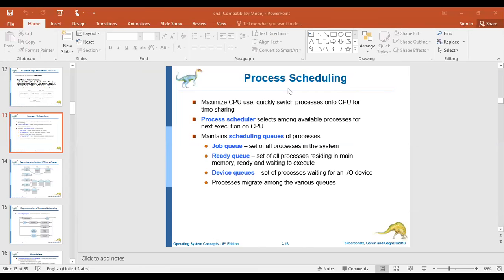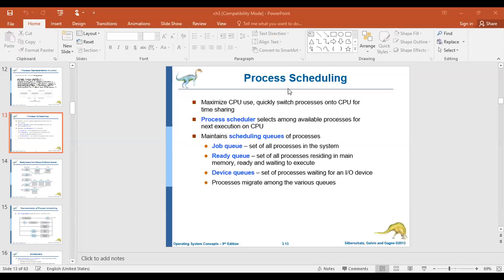Okay, so the objective of all these scheduling algorithms, or this scheduling process, is to make our CPU as busy as possible, because this is the only place where all our tasks get executed.